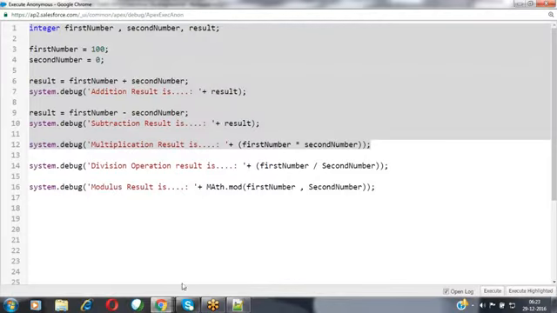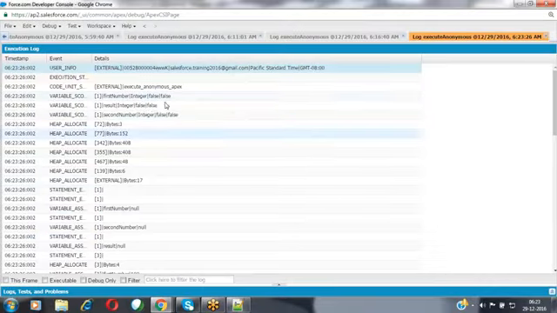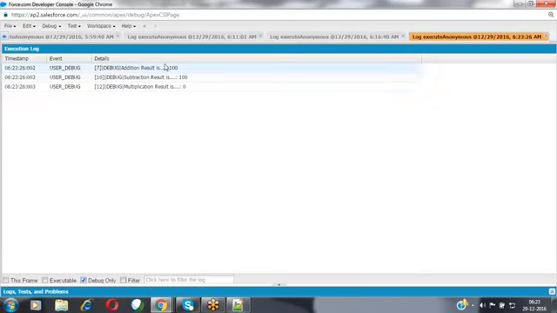Now the request has been sent to the server. Salesforce has processed the request and generated the response. Select the debug only statement. It is providing the addition result as 100, nothing but 100 plus 0. The subtraction result is also 100. The multiplication result is 0. If you multiply any value by 0, the result is always 0. So it has performed all these 3 operations and produced the result for us.